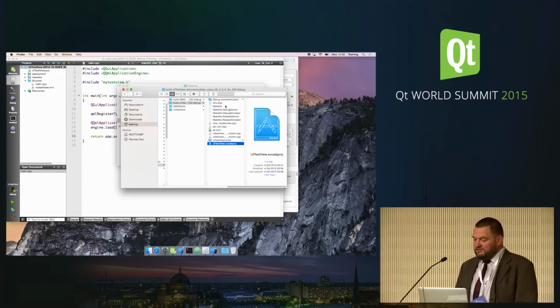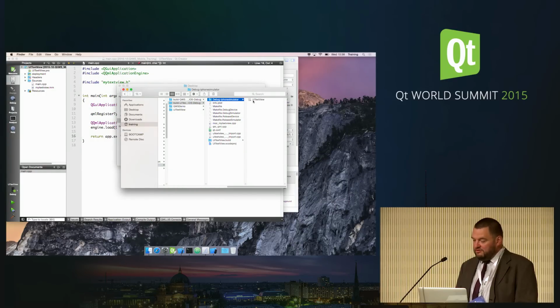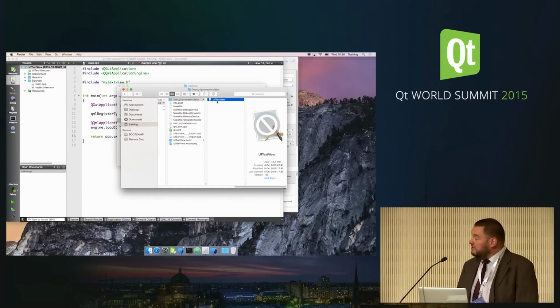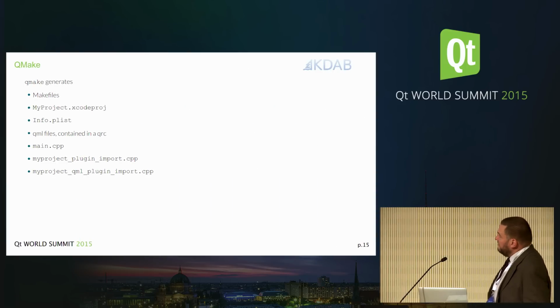It also generates this Info.plist file, which is quite important, and we'll discuss it a bit right after this. And then when you do a debug build, it'll put the executable, the application bundle, and it'll go to some details of what's inside of that. So yeah, makefiles, an Xcode project, an Info.plist file,